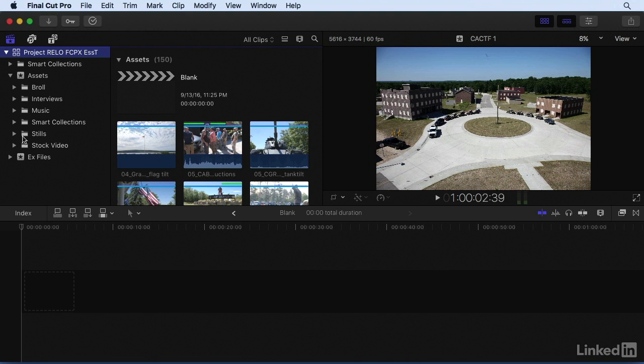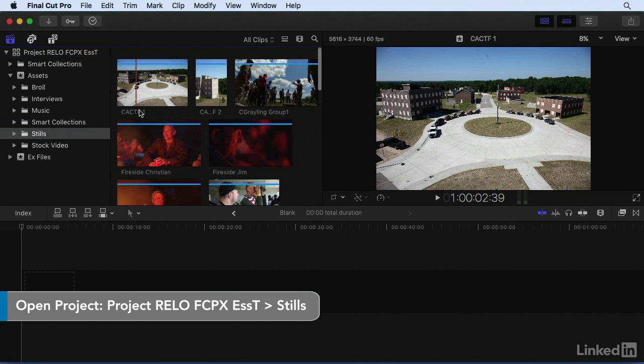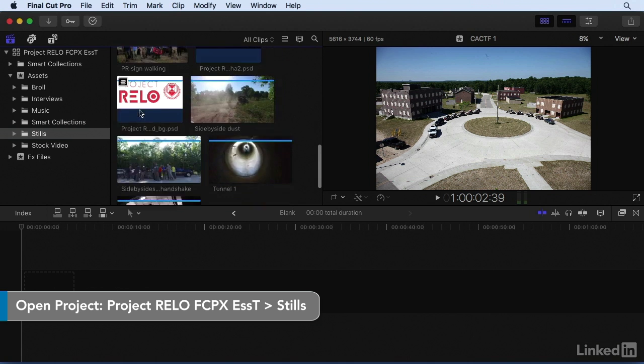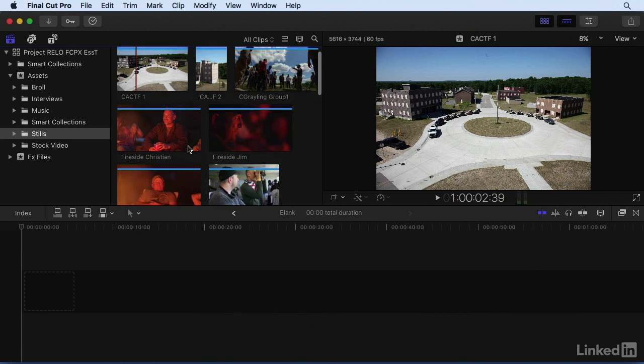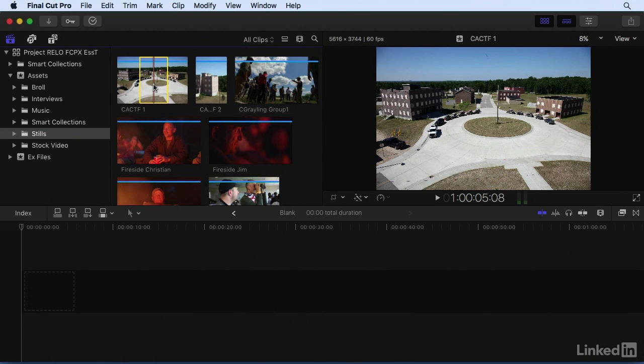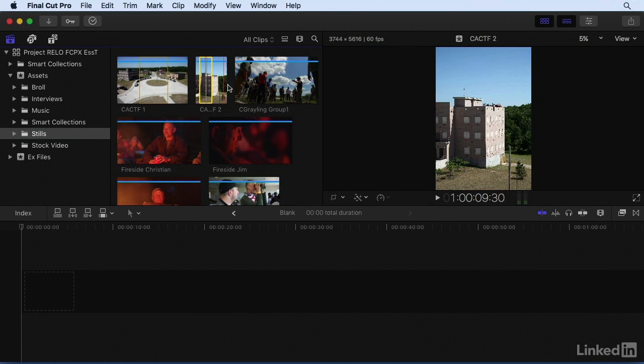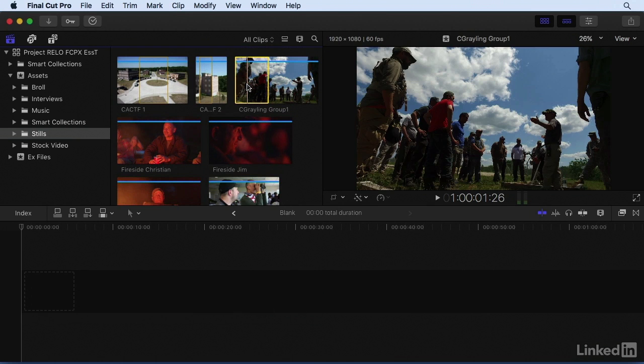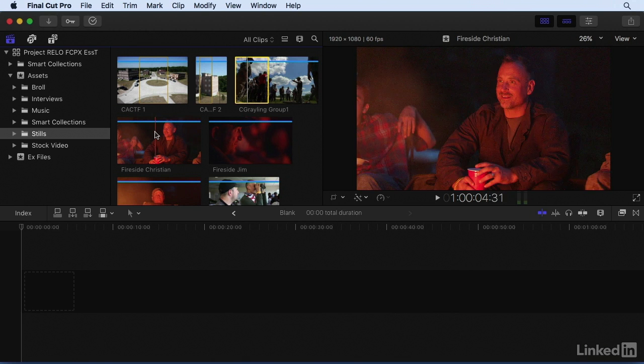So I'm going to click on my stills folder, and you can see that we have quite a few still images here, mostly photographs, some graphics. And if I click on any one of them, you can see that it selects a range by default, and this is a 4-second range. So if I don't mark an in and an out point, by default, it will just edit down a 4-second